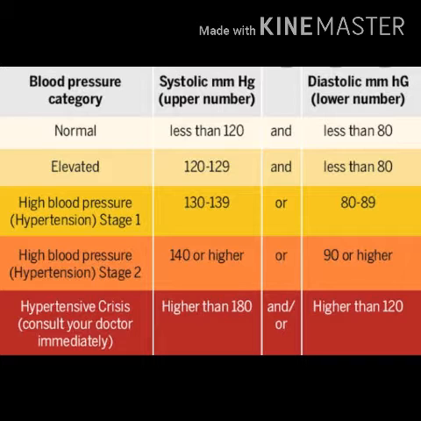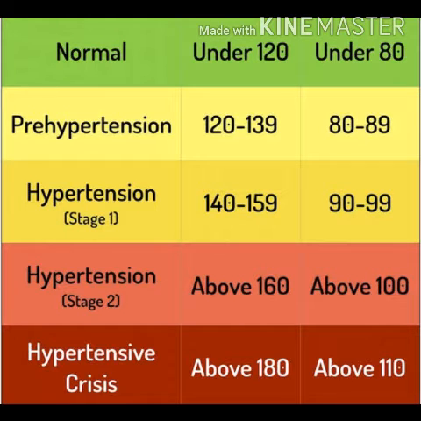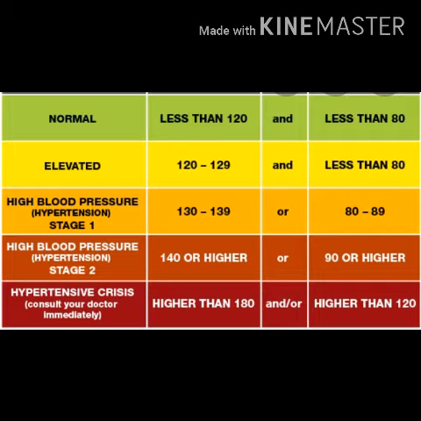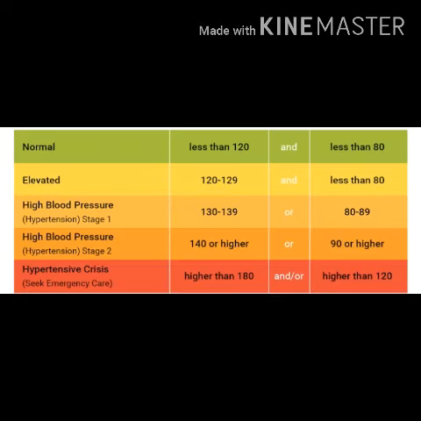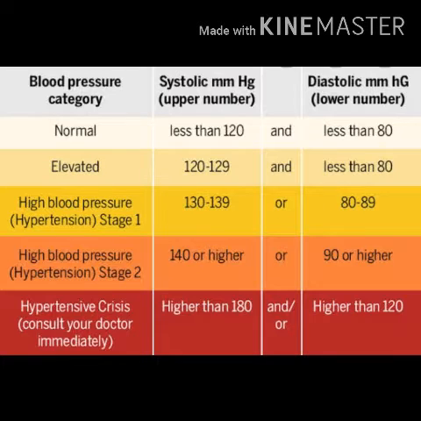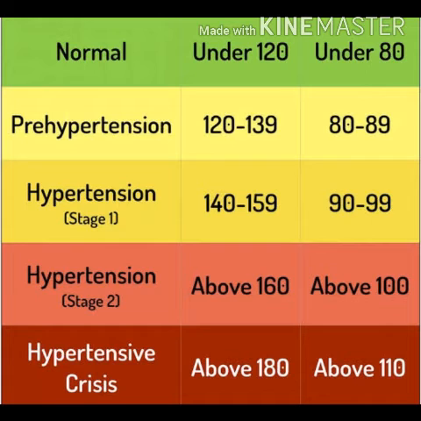During ventricular diastole, pressure on arteries is less, and is called the diastolic blood pressure, and is around 80 millimeters of mercury in a normal human. So blood pressure, that is systolic and diastolic, is 120 by 80 millimeters of mercury. The sphygmomanometer is the instrument used to measure blood pressure.